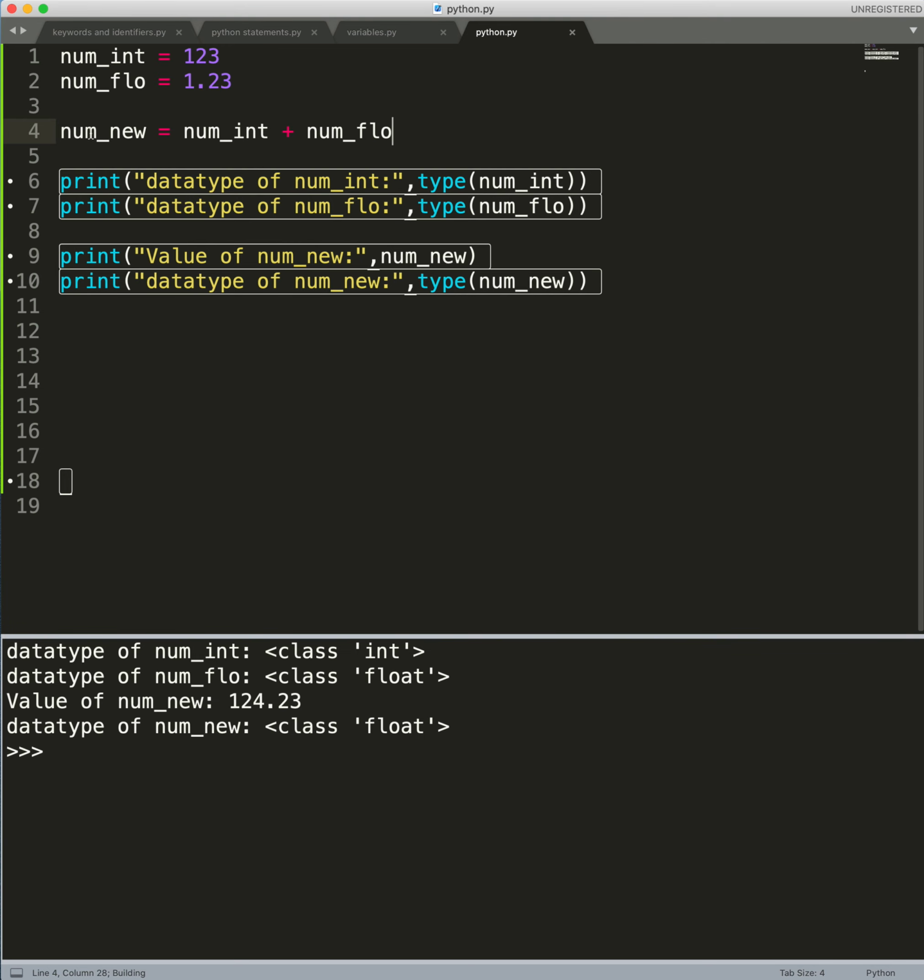So when printed, our first print gives this output: the class is an integer. The second says that num_flo is a float. Then the third print, the value of num_new, which is 124.23, is a float. Now one may ask, why is it that when these values were added, the result is a float and not an integer? The reason being that if you are adding